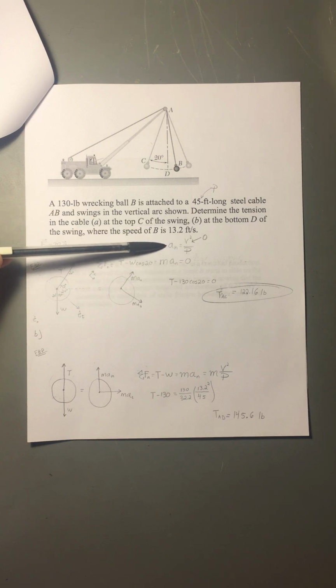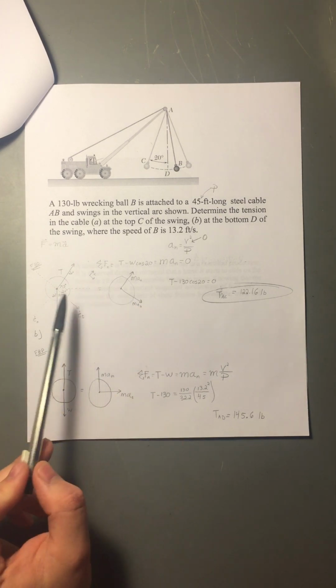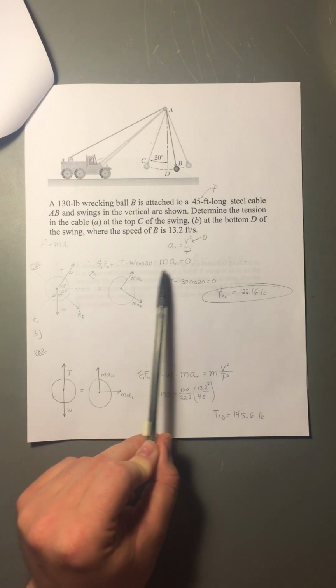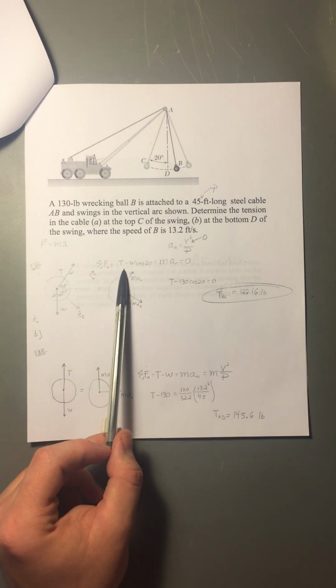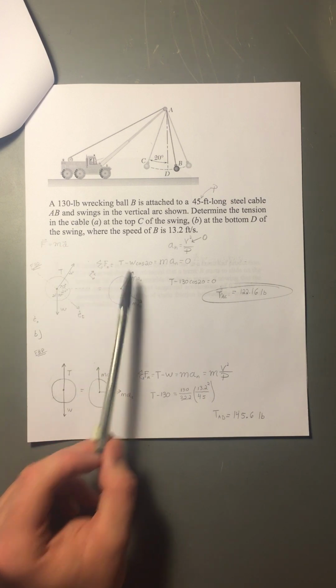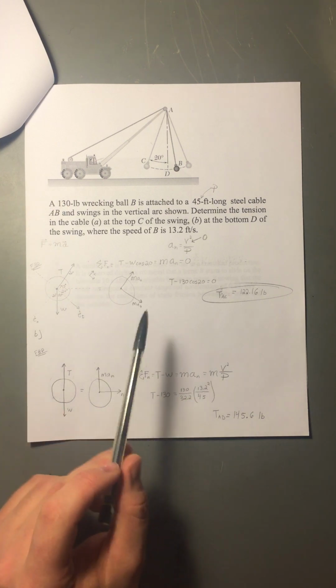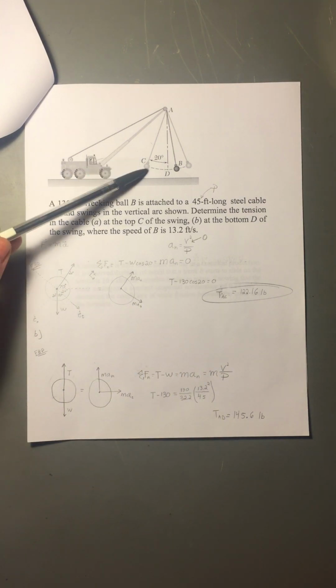And since we know that this equation holds true, we can also say that the acceleration in the normal direction is also 0, towards the center, towards A. And so setting up our equation, force equals mass times acceleration in the normal direction, and setting that equal to 0, we find that we only have one unknown, which is the tension, which is what we're trying to find in this problem. And so we can simply plug in our weight there, our force of 130 pounds, and then take the cosine of that angle, and that gives us a tension at C here in our cable of